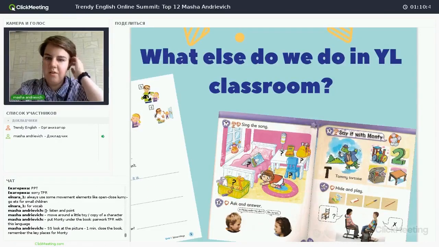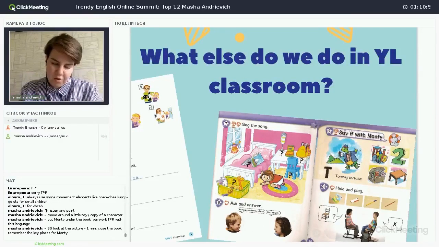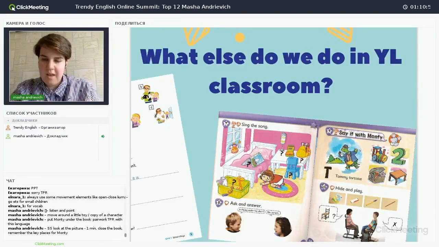Okay, so this is something that could be a song to surround it with different elements of a game and have students be more engaged, be more involved in the task that you're offering. So what I'm trying to say is that pretty much any classroom task could be adapted so that it has